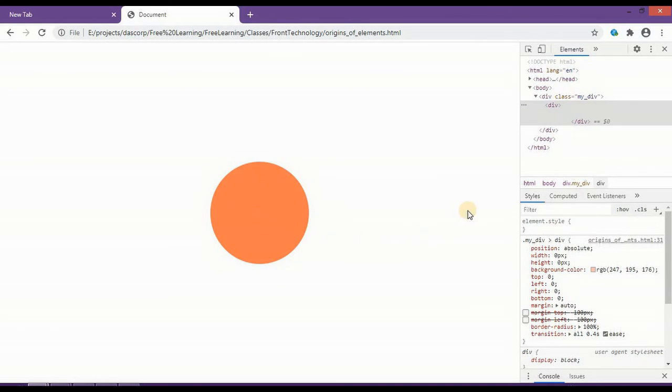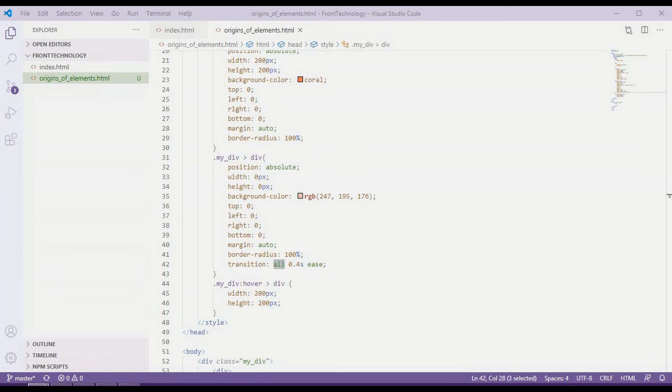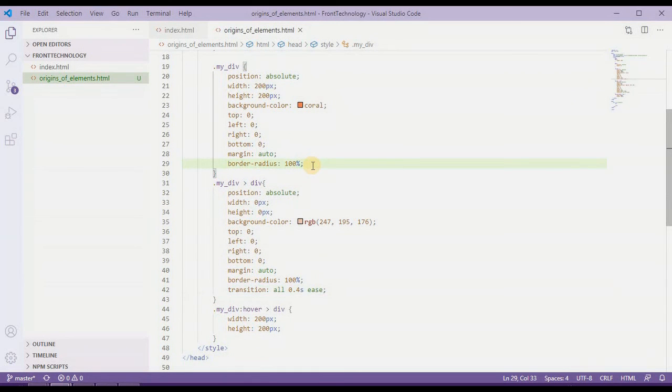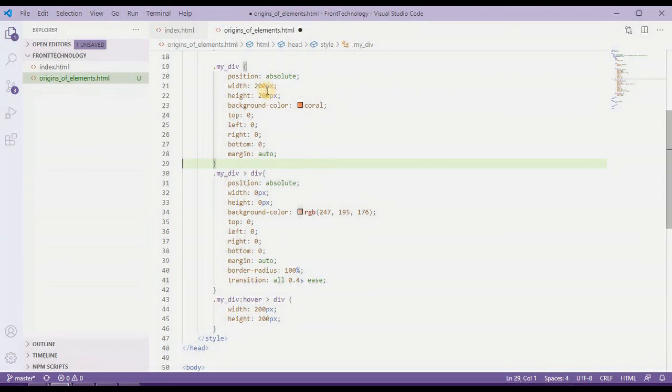Now as you have understood how this effect is coming and why the need of this center pivot point, I will show you one more effect in this video which will really help you in your future production work. If you want to create some material-style design elements or UI, that will definitely help. So now I want these div elements' border radius to be null, so I'll simply remove this border radius.